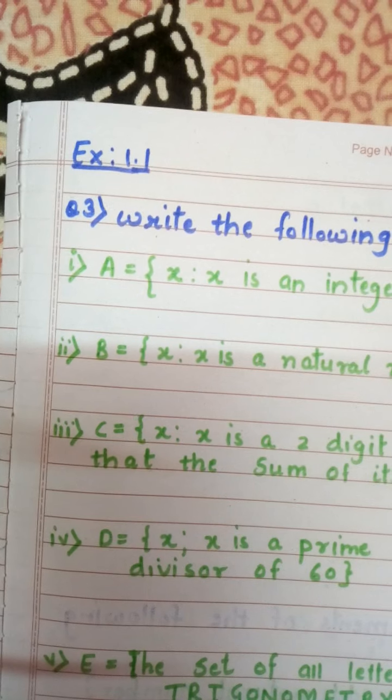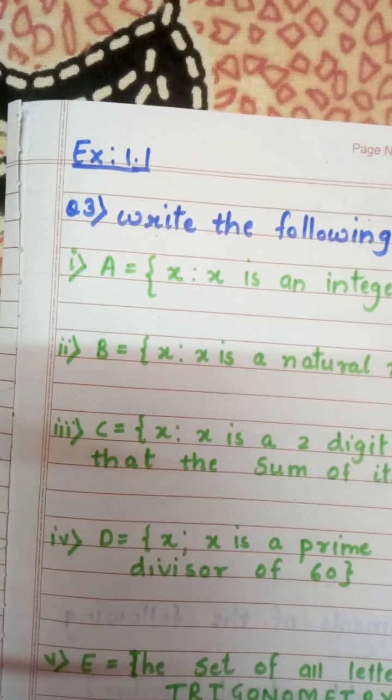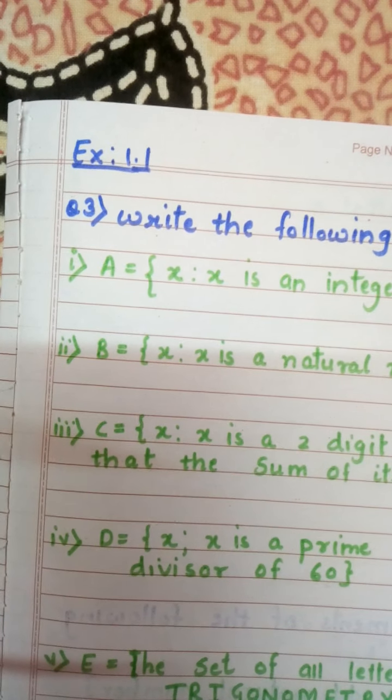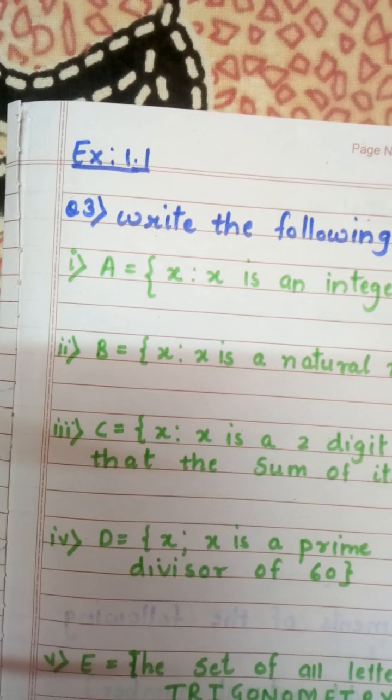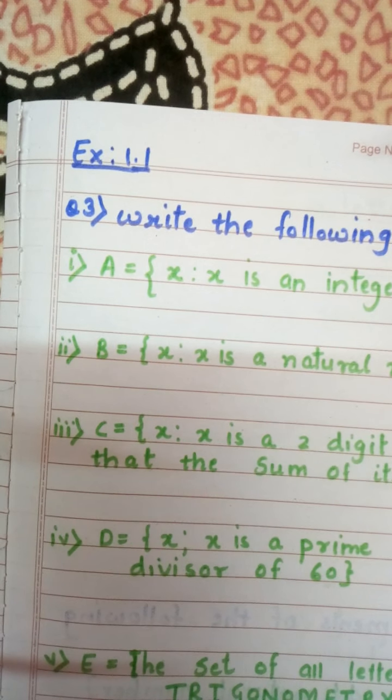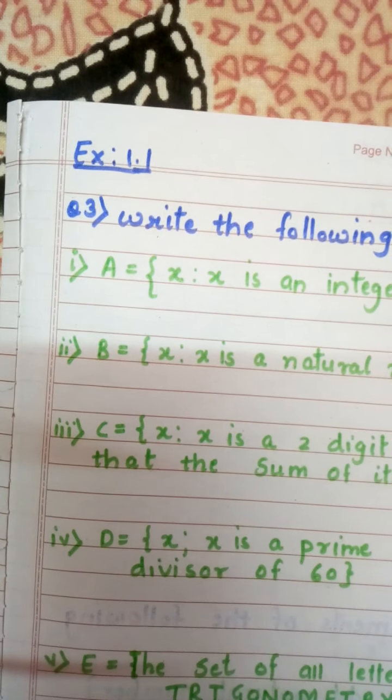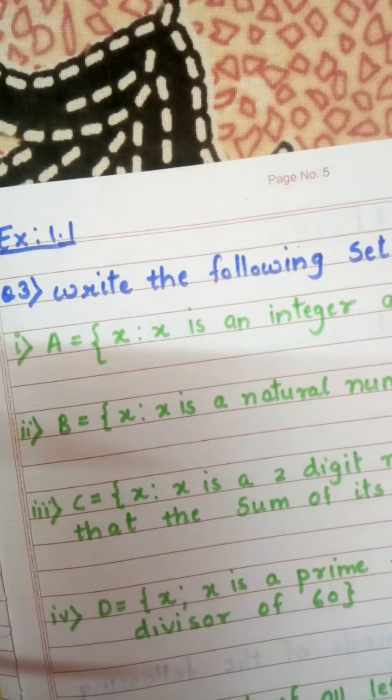So in my previous video we have seen what we mean by a set and two ways of representing a set, that is by using the set builder form, and the second one is roster form or tabular form. Okay, and also we have seen exercise 1.1, in that we have solved question number 1 and question number 2. So in today's video we'll see question number 3, question number 4, question number 5 and question number 6. Okay, so we'll begin with question number 3.